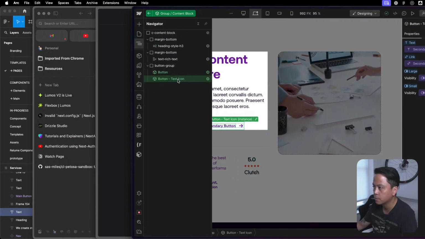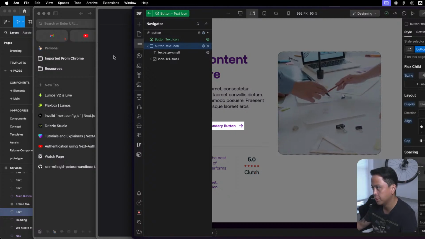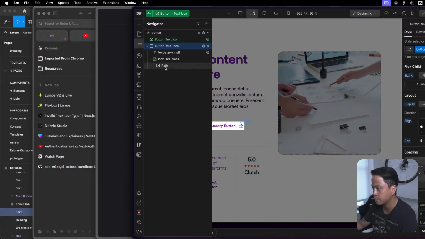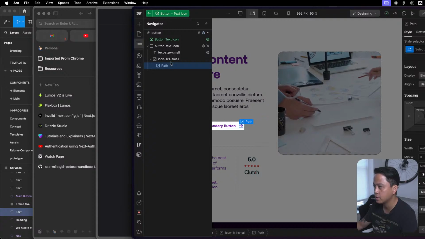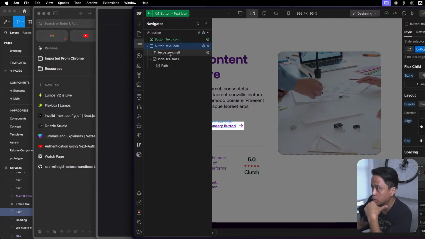Well, let's see. Yeah, if you can see, this is a completely different icon, which I guess is fine. This does mean I'm gonna want to create